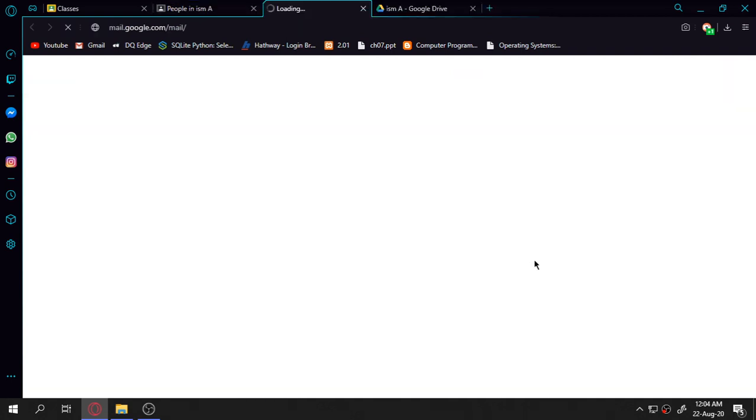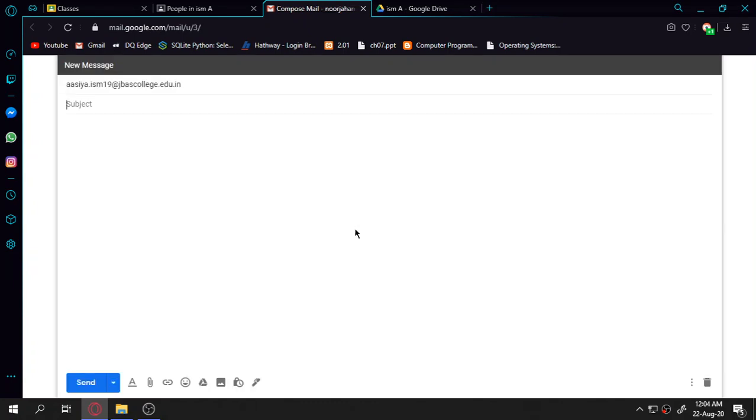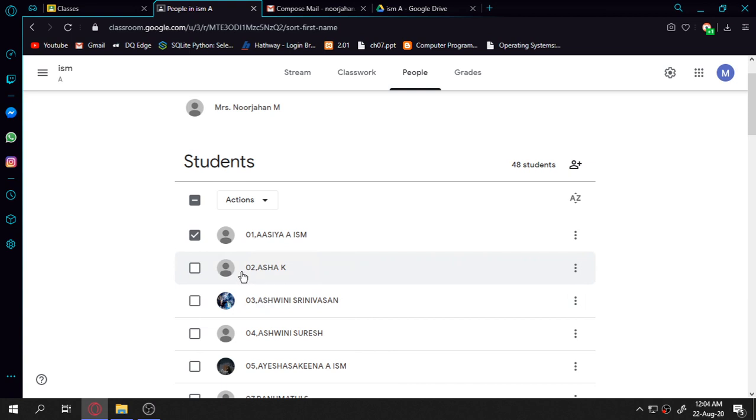I can just write a mail to the student saying that you have to do this and this work, it is pending for your work, kindly do it as early as possible. So I can pass any message to the particular student's email, Gmail, the G Suite ID, and I can type as usual. I can send the mail to the student. Okay, and then coming back to the next, this is individual student wise.